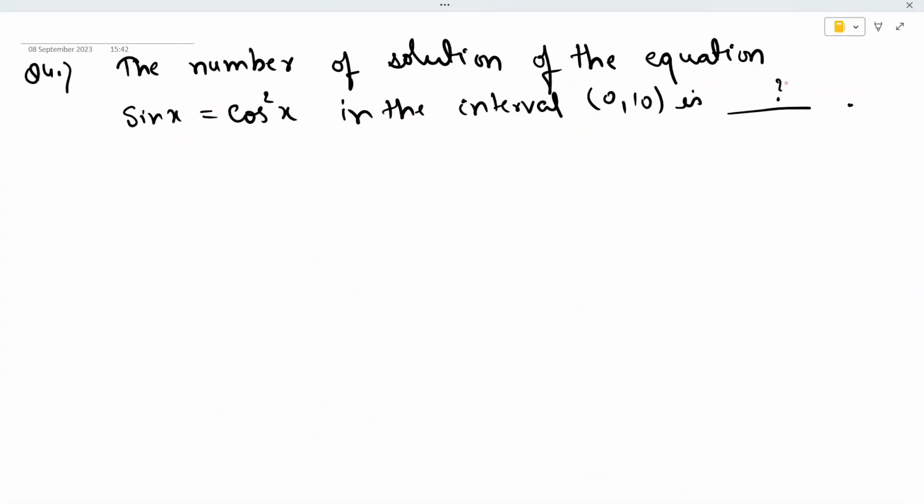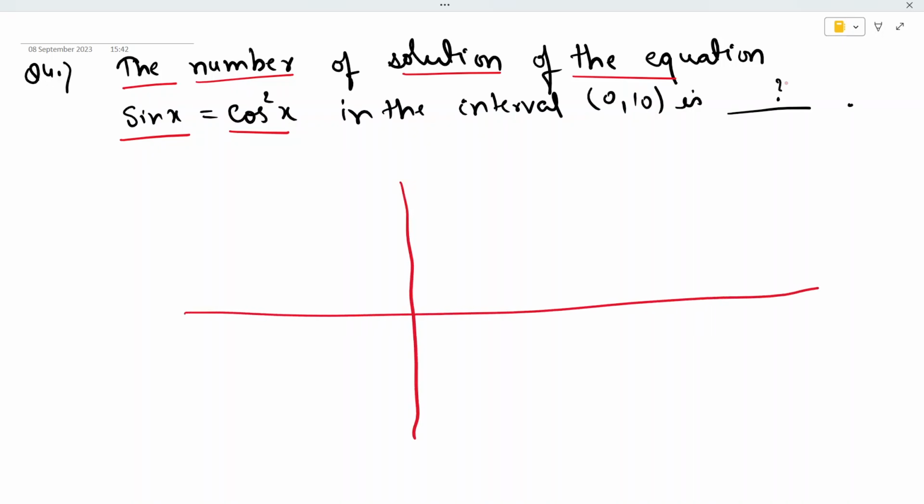Let's move to question 4. What does it say? Again, you have been given the number of solutions of the equation, and when we know the graph of f(x) and g(x), you just have to plot the graph and give the solution where the two curves intersect each other. Now we know the graph of sin x. You have to plot on the right hand side 0 to 10. Assume that pi is equal to 3.14, 2 pi is equal to 6.28,